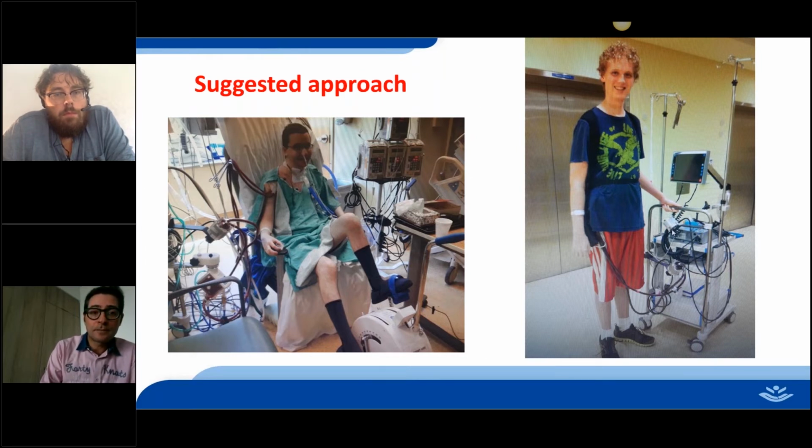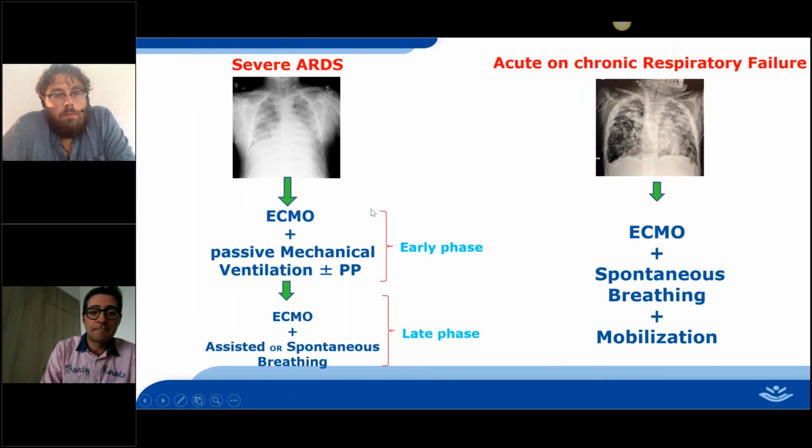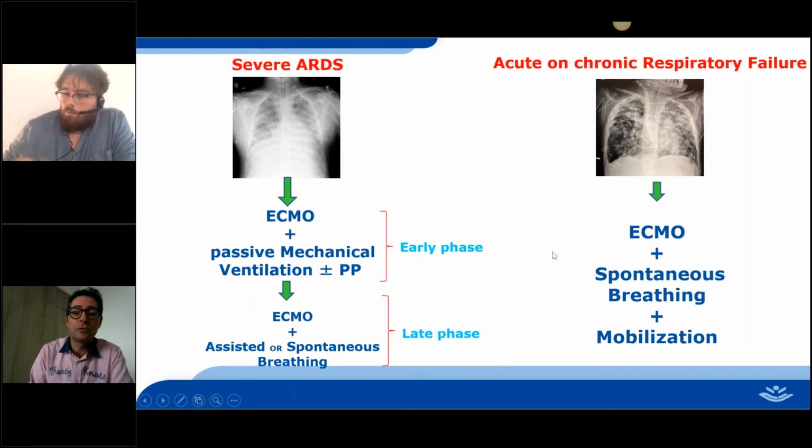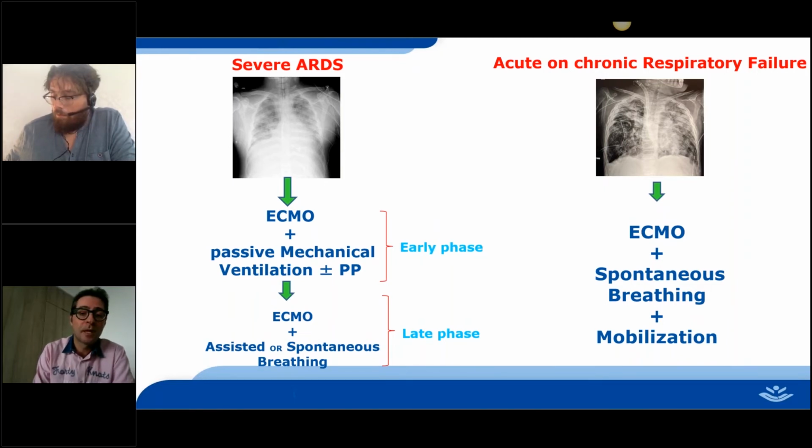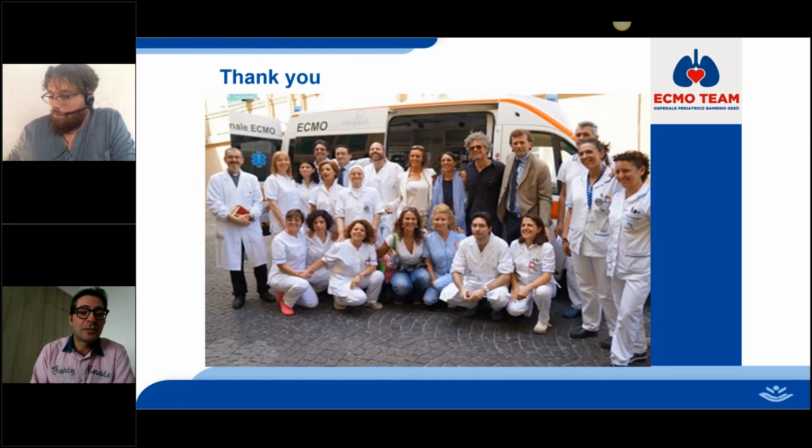In conclusion, in severe ARDS, this is what the evidence and the papers are starting to suggest: maintain in the early phase a passive mechanical ventilation plus or minus prone position, and in the late phase skip on assisted spontaneous breathing instead of acute on chronic respiratory failure, move directly to spontaneous breathing, not waste time on mechanical ventilation, and mobilize as soon as possible. And I finish thanking you very much